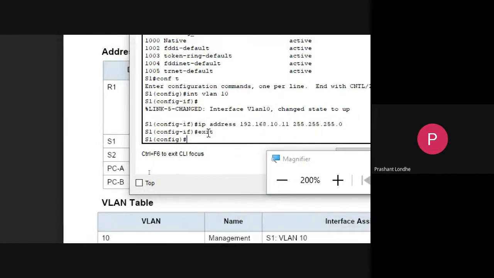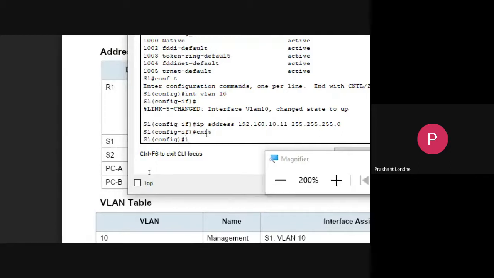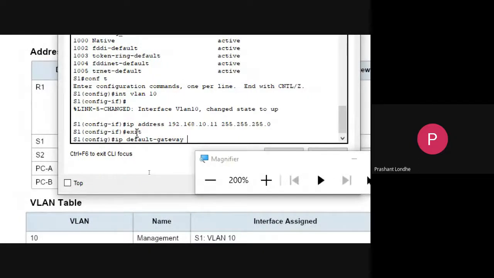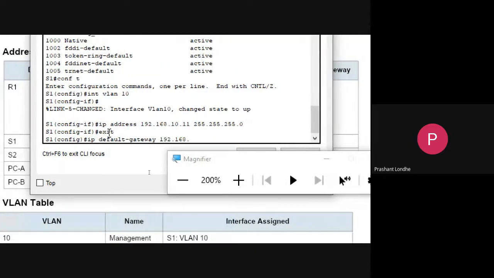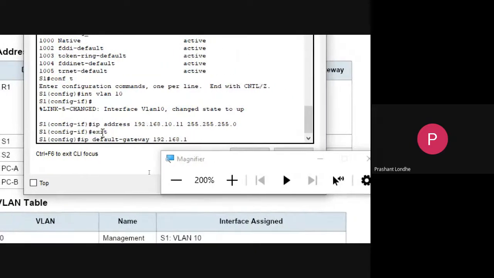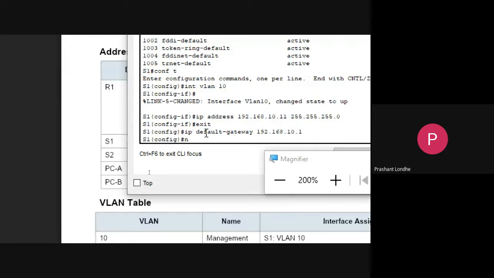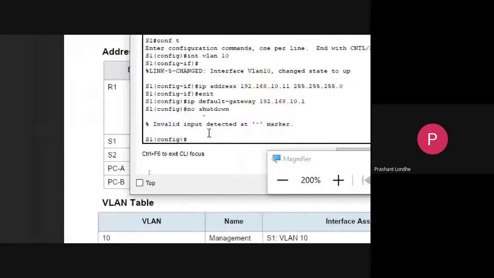Exit. IP default gateway is 192.168.10.1 and now you can enter the command that is no shutdown.